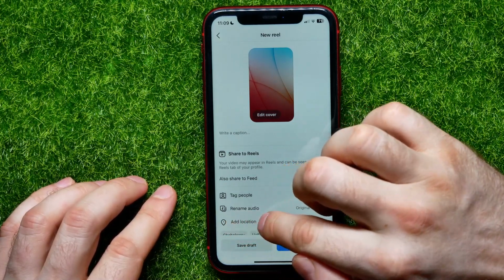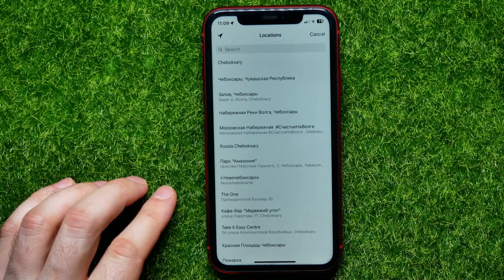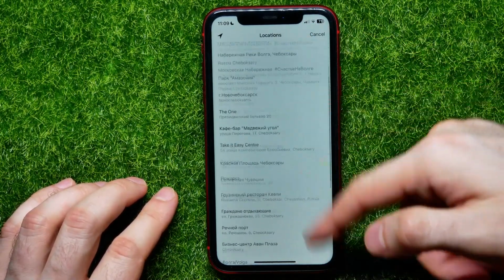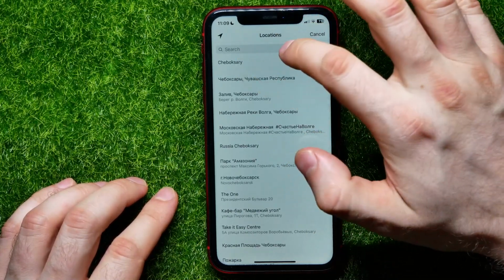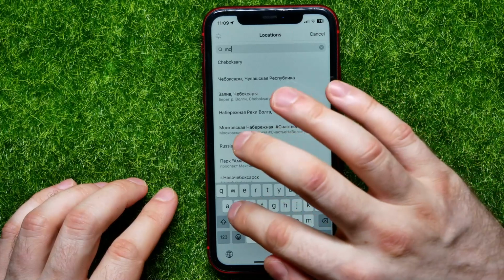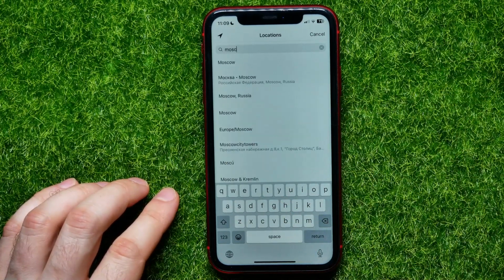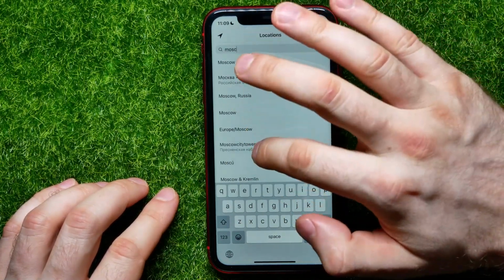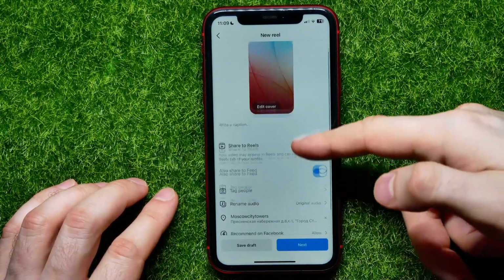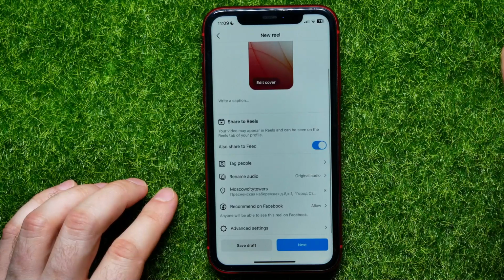Just tap right there where it says Add Location, and now you can select some from suggested, or you can use search to search for some specific location. I will search for Moscow City Towers, let it be that location, and then also here you can tag someone,